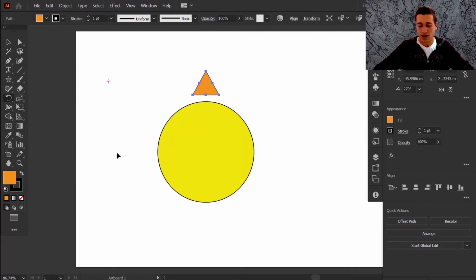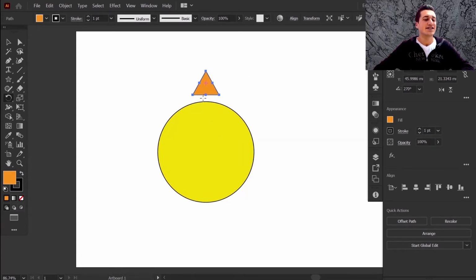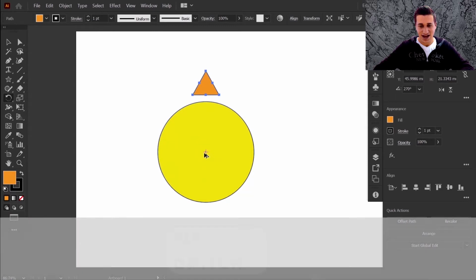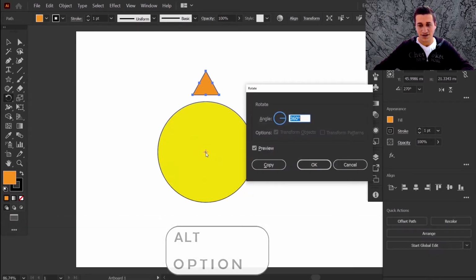Even if I put it there and I press Enter, it will jump to the center, this axis. So how do I get this axis to stay in the center of, let's say, this element there? The way to do that is by pressing Alt and then clicking there. Then you'll see that panel opening up and this axis stays in the same place where I wanted it to